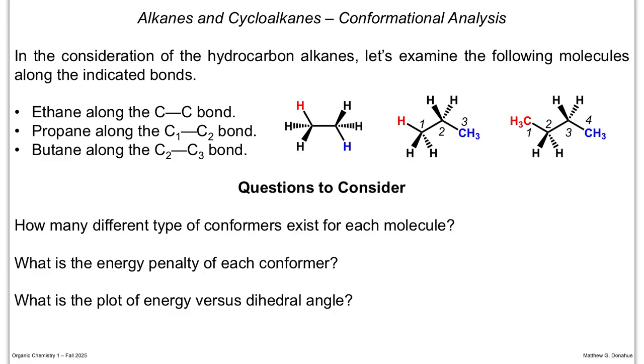The other thing I just want to mention briefly, since ethane only has 2 carbons, you can only look down 1 sigma bond. But as you start adding more carbons, you have to specify what carbon in front and back, because if red and blue are different, then your perspective of looking down at your